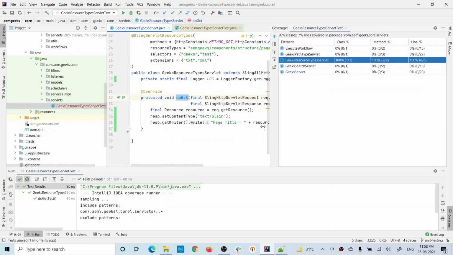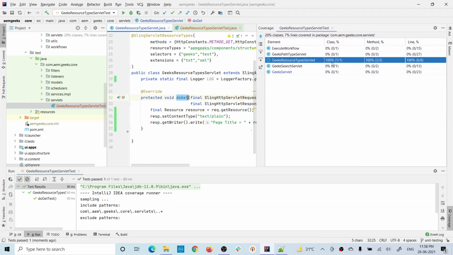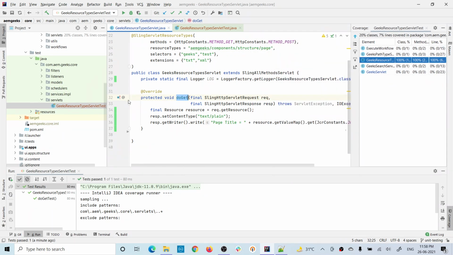And here also you can check some statistics. Class is covered 100%, methods covered 2, okay, and lines covered 100%. So there are 6 executable lines. Don't count the lines completely by this. This takes the lines which actually execute or do something productive. So that way I have covered all these parts.